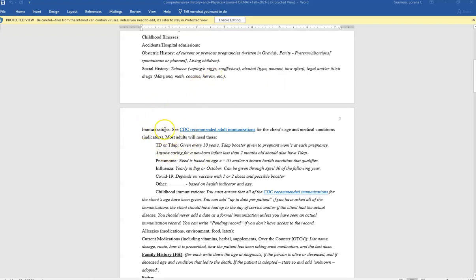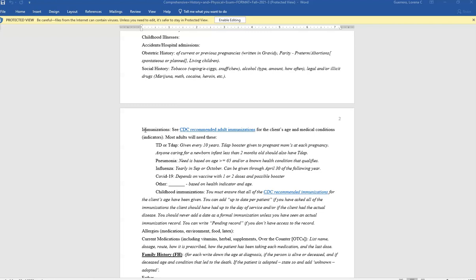When you're talking about immunizations, okay, I just want you to know 2 things here. Number 1, adults and children have different immunization schedules. The CDC is the one who does this. They sometimes change these on a yearly basis. Not too much change once you learn them. I don't need you to learn these. I just want you to know that it's the CDC that has both adult and child immunization schedules,